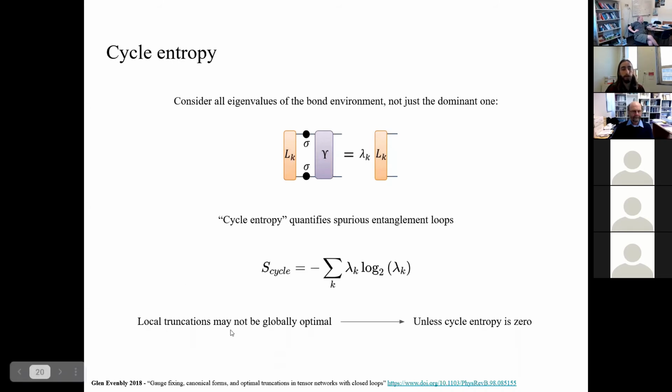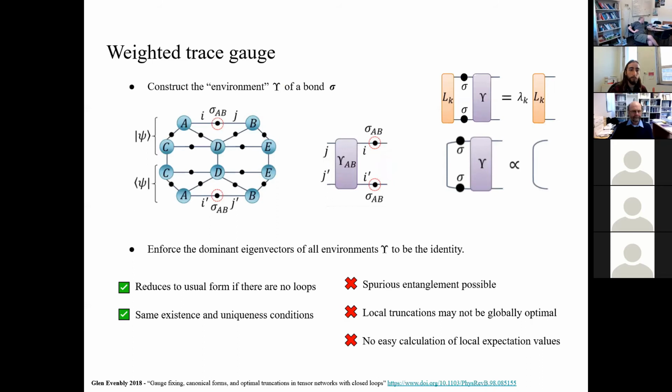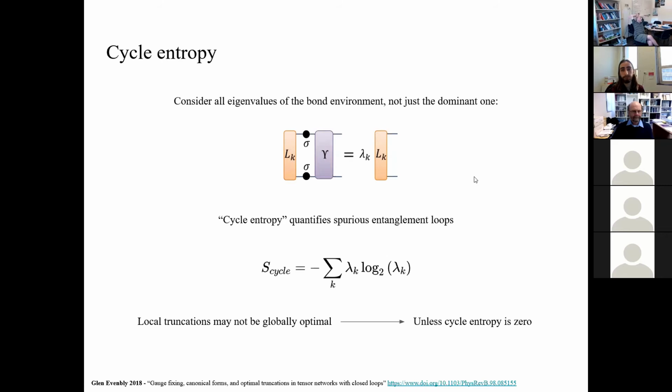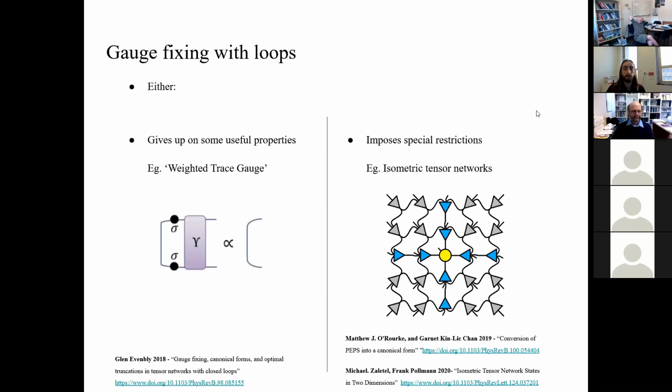Another property of it is local truncations are only globally optimal in the weighted trace gauge if cycle entropy is 0. So he gave a gauge and it's not always the best. It has these negative properties, but at least you can quantify them. Evenbly also gave a costly iterative method of reducing the cycle entropy, but the convergence of that seems slow, and it would be good to have a form which you can put a tensor network in which guarantees no cycle entropy. I'll come back to cycle entropy later, but first I'll talk about the other main option of gauge fixing,